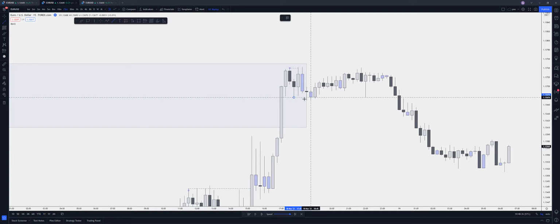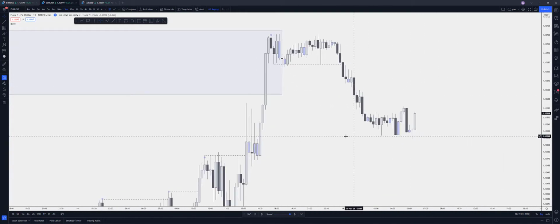But I want to see this low close below. I went through this on the last video as well, but I'll just say it again just to reinforce the idea if it didn't make sense the first time. So it's wicked above this one, it's wicked below, but that's not enough for me to see this as a full change of character yet. So at this point it is a change of character for me because it's closed below this low. Alright, so